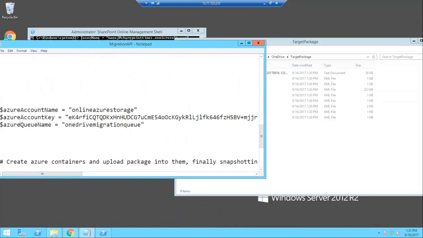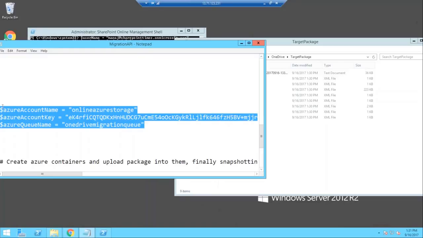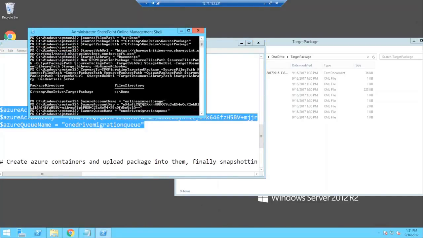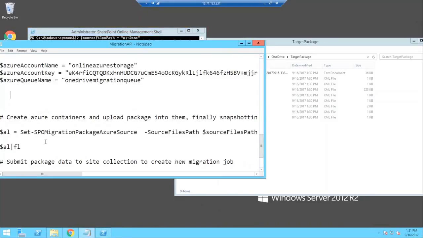The next step is also the same. Here I am not creating the container, just for the showcase point of view. If you are not giving the container, it will just create a GUID for us and internally take care of it. So I just give the Azure account name, which is the storage account name I created, and the access key is required, and the queue name. So I just give the OneDrive migrations queue. I'll create these few variables. Containers I'm not creating, so we'll see how it comes if we are not giving the container name. Okay, this variable creation is done.